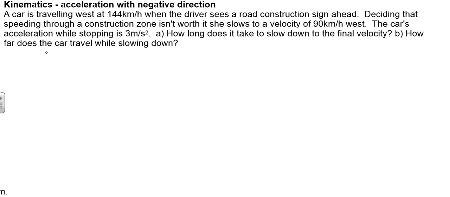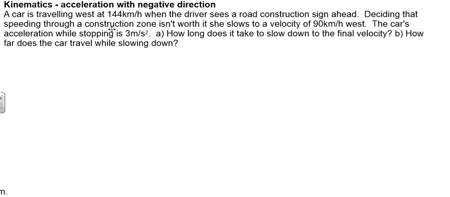All right, folks, back with another kinematics example, another basic one. So this one is acceleration, but I've added in a negative direction, so we get a chance to actually work with the negative directions. If it's not negative, you just don't put the negative signs in, and it all works out well. So, a car is traveling west at 144 kilometers per hour when the driver sees a road construction sign